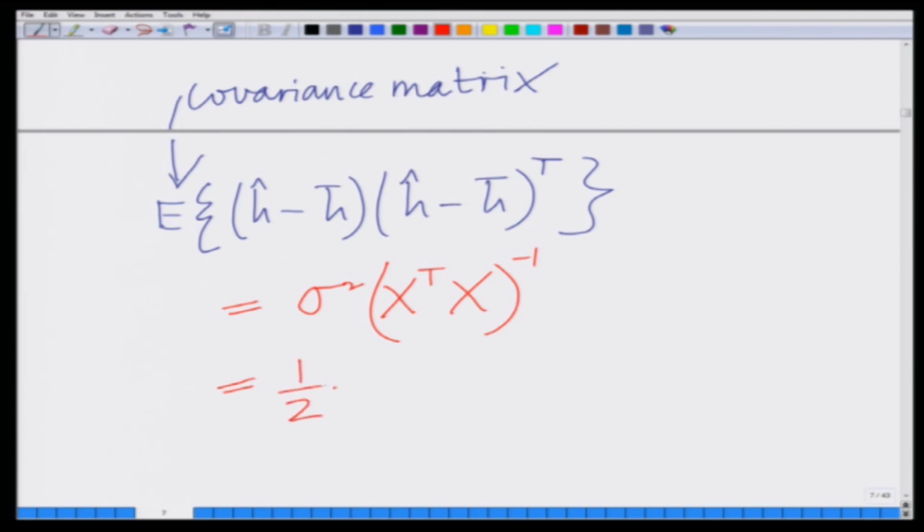Sigma square we have calculated is half, and x transpose x inverse we have calculated before, that is 1 over 130,